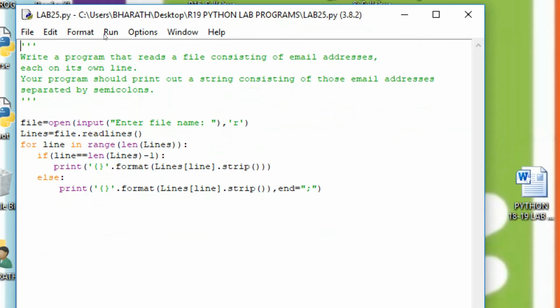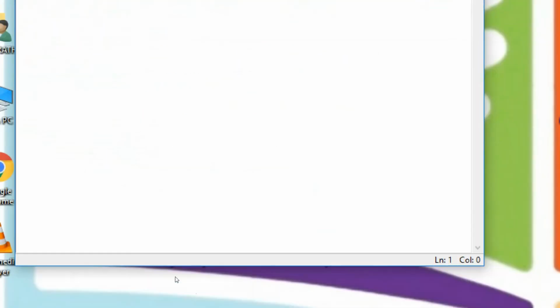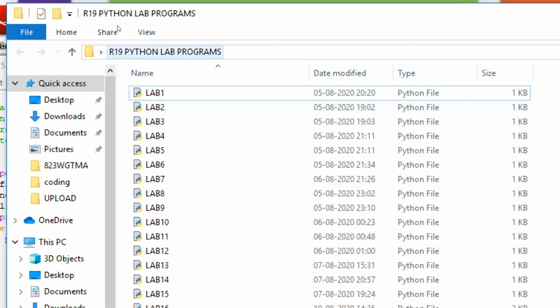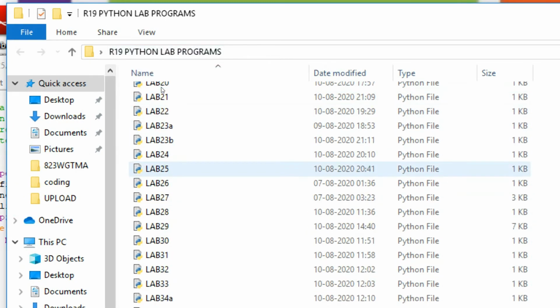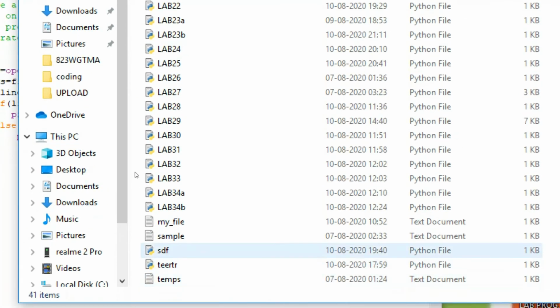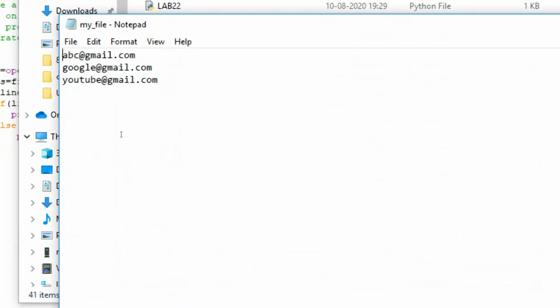Now we see the execution of the program. This is the program saved in this R19 Python lab programs. In this there is a file named my_file. My file contains abc@gmail.com, google@gmail.com, youtube@gmail.com.